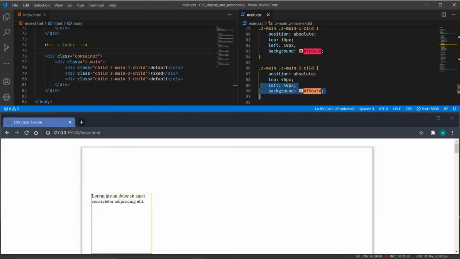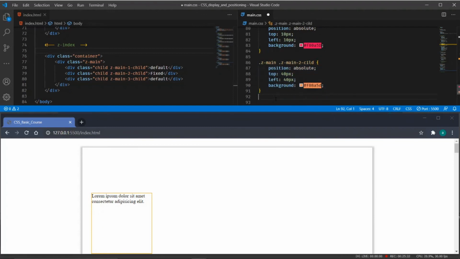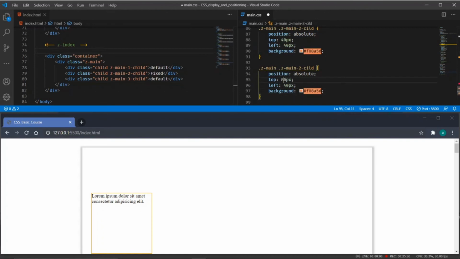and the third child I will give a value of 80 by 80 left and top. Color I will give it 6A2C70, or some different color.